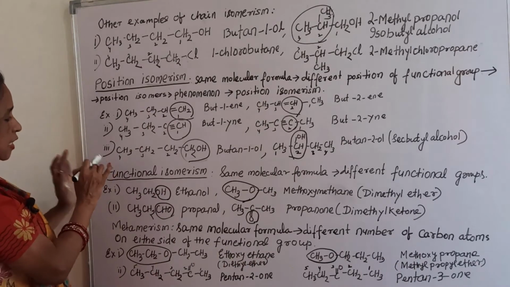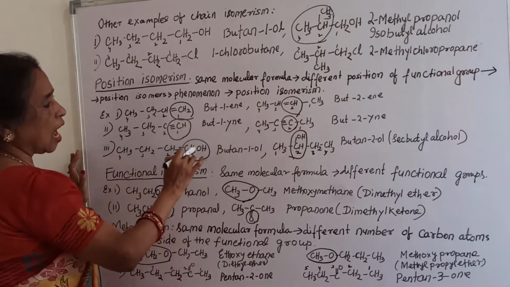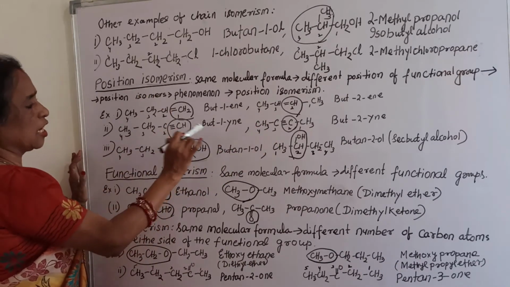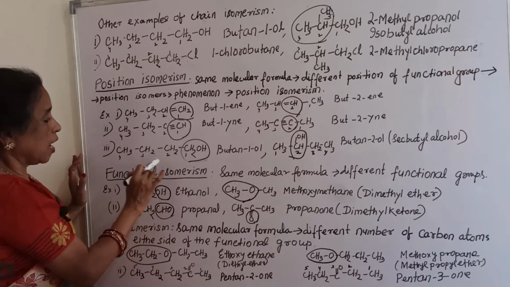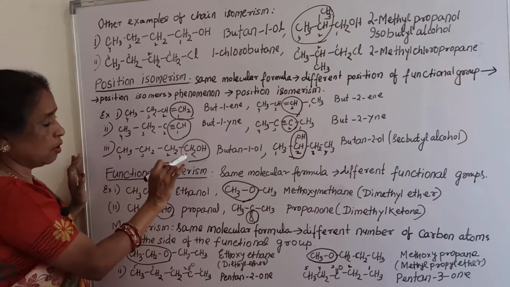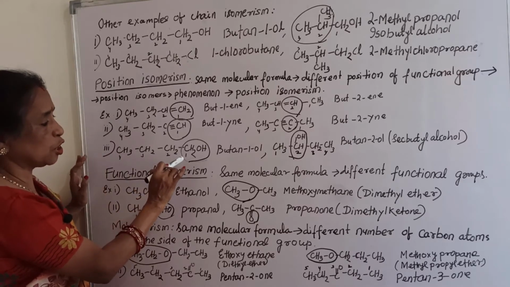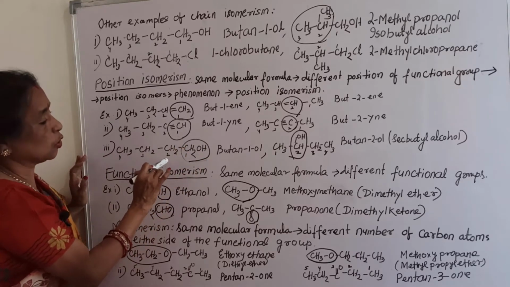Here you can see both are position isomers because the position of the triple bond is different. Now come to the alcohol group. Now 1, 2, 3, 4. Four carbons are there, and in one position the OH group is there, so its name is